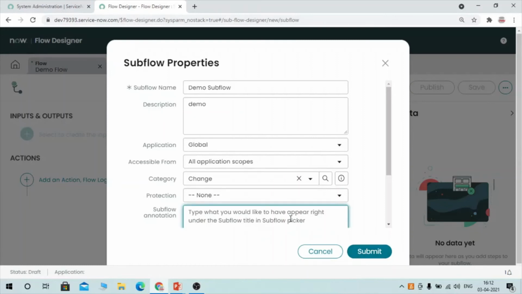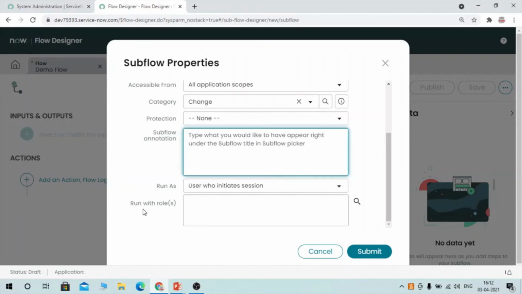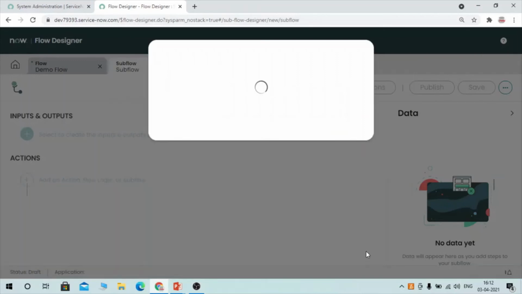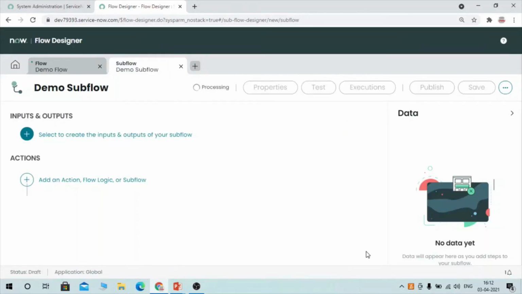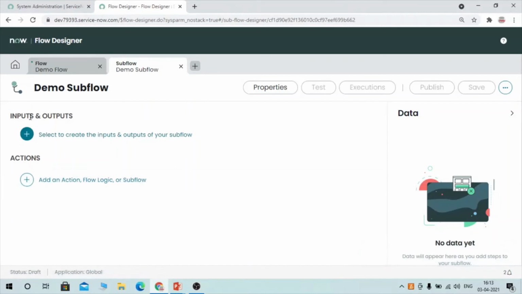You can provide an annotation for this subflow and define run as and run with role. Now I am submitting it. So your subflow has been created, demo subflow, and now you can define inputs, outputs and actions.